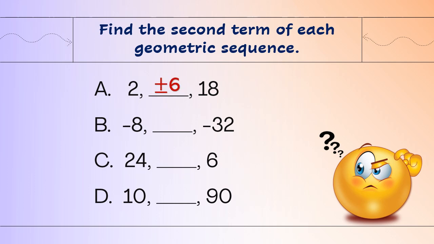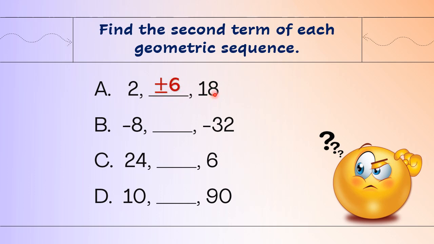Okay, so for our first sequence, our answer would be either positive or negative 6. I know maybe some of you would think that the answer is only 6 because you preferred a positive ratio, and that is positive 3. But if you think about it again, you can also have negative 3 as the common ratio here. So 2 times negative 3 would be negative 6, and negative 6 times negative 3 would be positive 18. So you would have a correct answer as well, and so we consider it's either positive 6 or negative 6